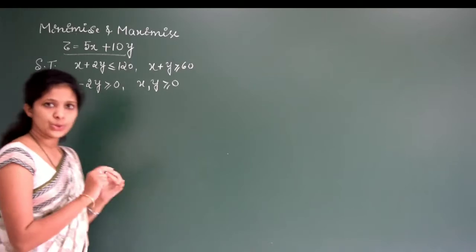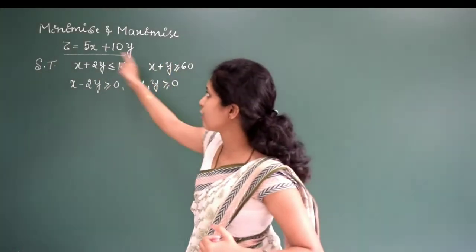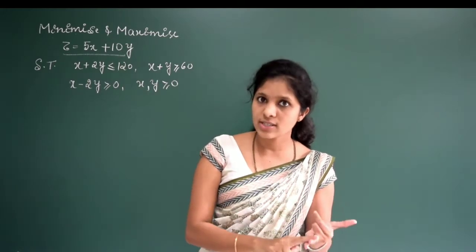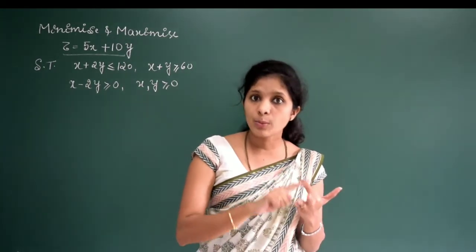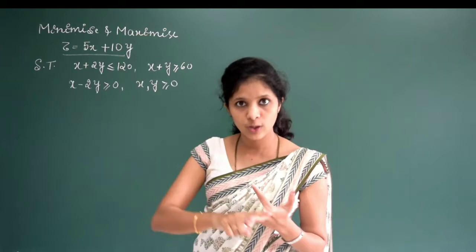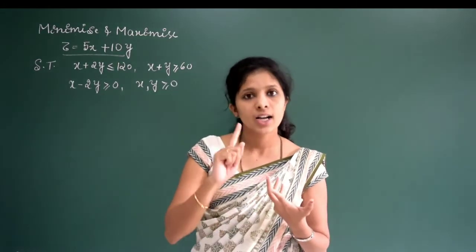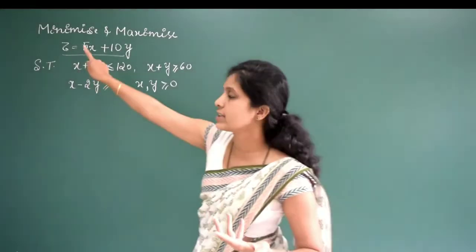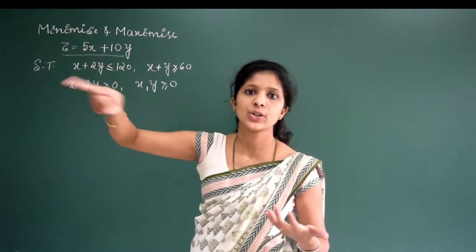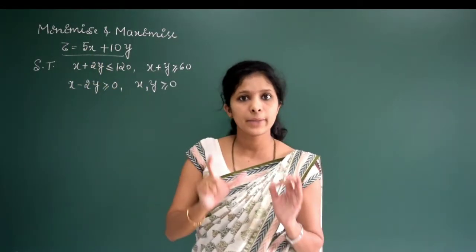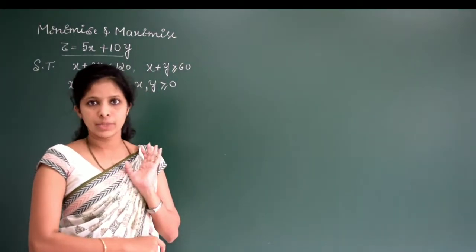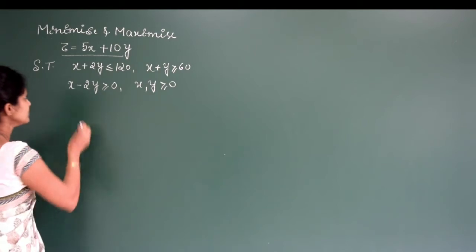First work, what you have to do? Draw the graph of these functions, right? After that you have to find the solution region. Then you have to find the common region for all the 4. Then you need to find the corner points. After that you have to substitute the corner points in the equation z, so that you will get the maximum as well as the minimum value. Since it is a bounded one, you will get both maximum and minimum. Okay, let us start this one.